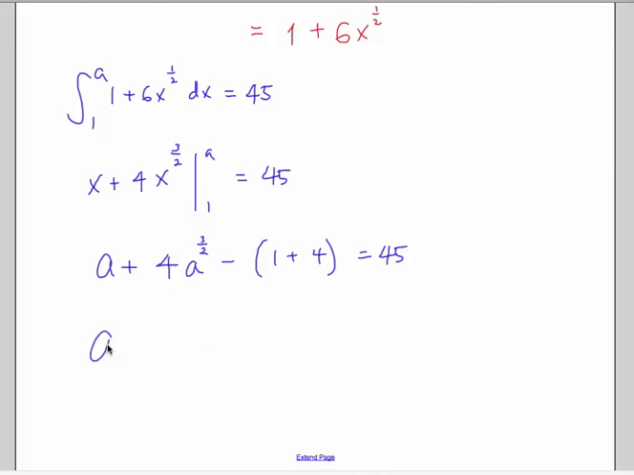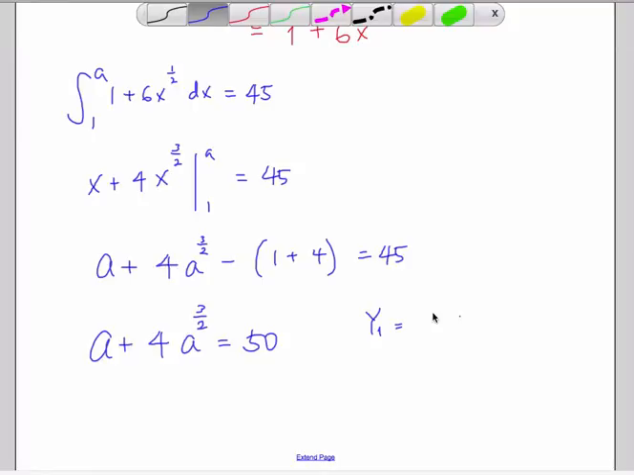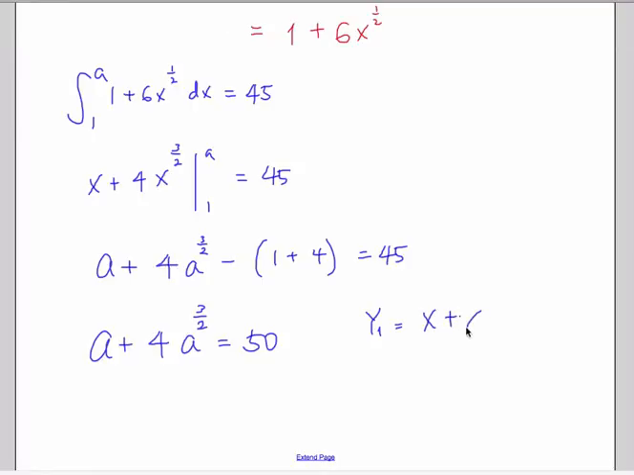Okay, a plus 4a to the 3 over 2 is 50, and you can't solve this, so you've got to use your calculator. What I would do is in y1 type in x plus 4x to the 3 over 2 minus 50, and then y2 is equal to 0, and find the intersection, and you're going to get